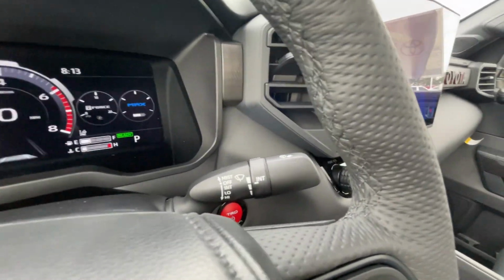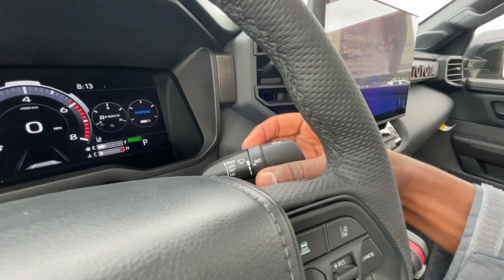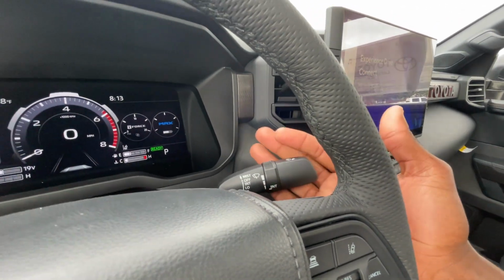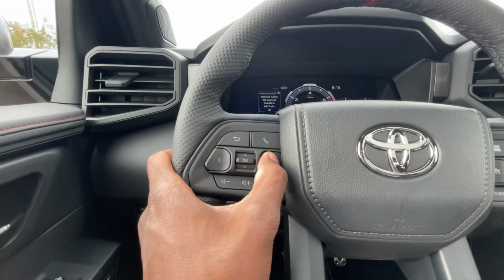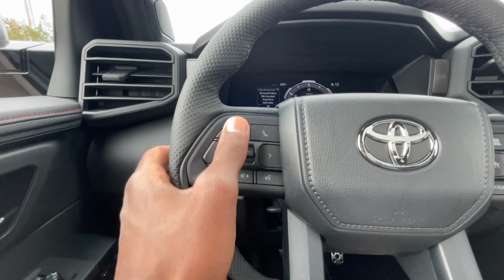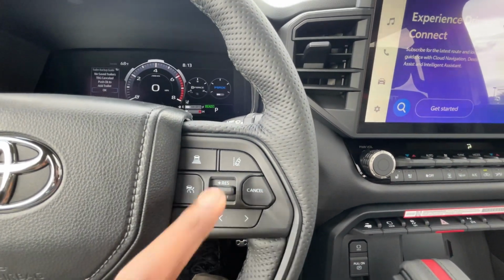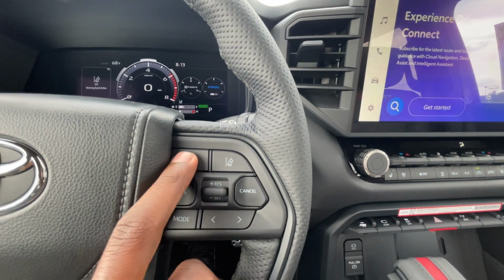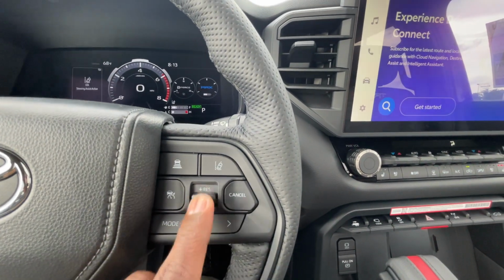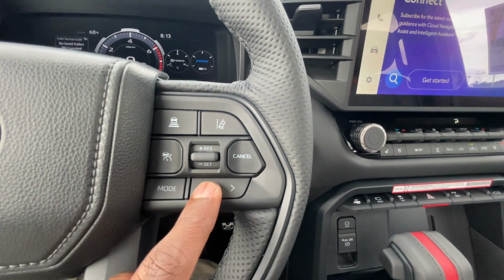have your wipers over here. So one time off, intermittent low, high. You can adjust that intermittent frequency right in there. Pull up for the front wiper fluid. We can go through the gauge cluster using these arrows here, voice recognition, Bluetooth, back button. And then to the right side here, cruise control, lane keeping system, gap adjust for the cruise, and we can adjust the speed, cancel. And this is for the audio sources to go through, and then your track list or